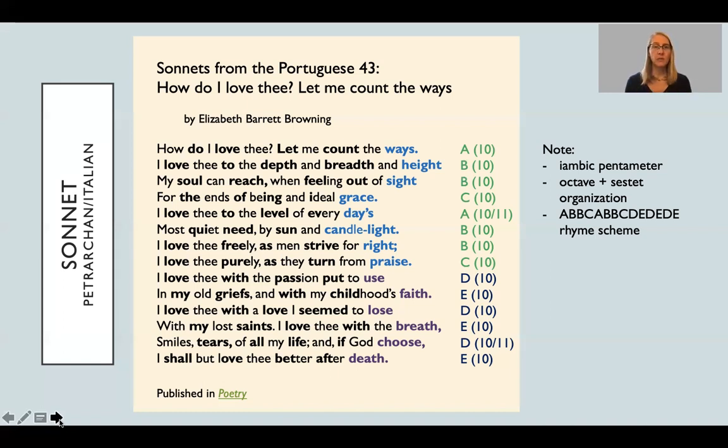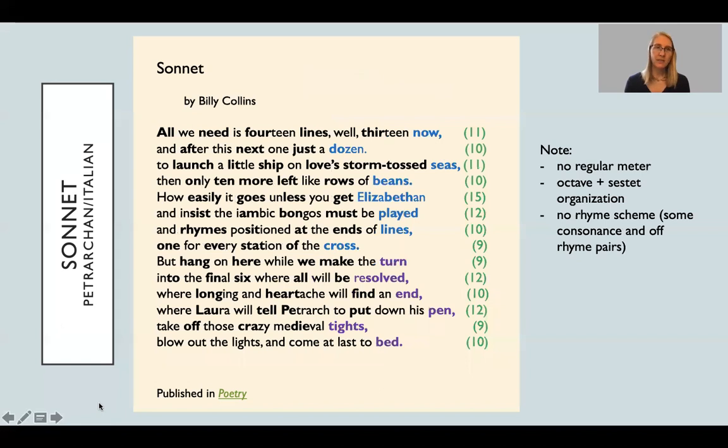Now, I'd like to shift from this poem that's focusing on someone's commitment to another person, sharing with them how much they love them, to another sonnet that's much more modern. This sonnet is by Billy Collins. He was a past poet laureate for the United States, much more modern. We see from the title that this is called "Sonnet." So, kind of coming into the poem, he's inviting us to consider the form. And in this poem, he chooses to talk about it.